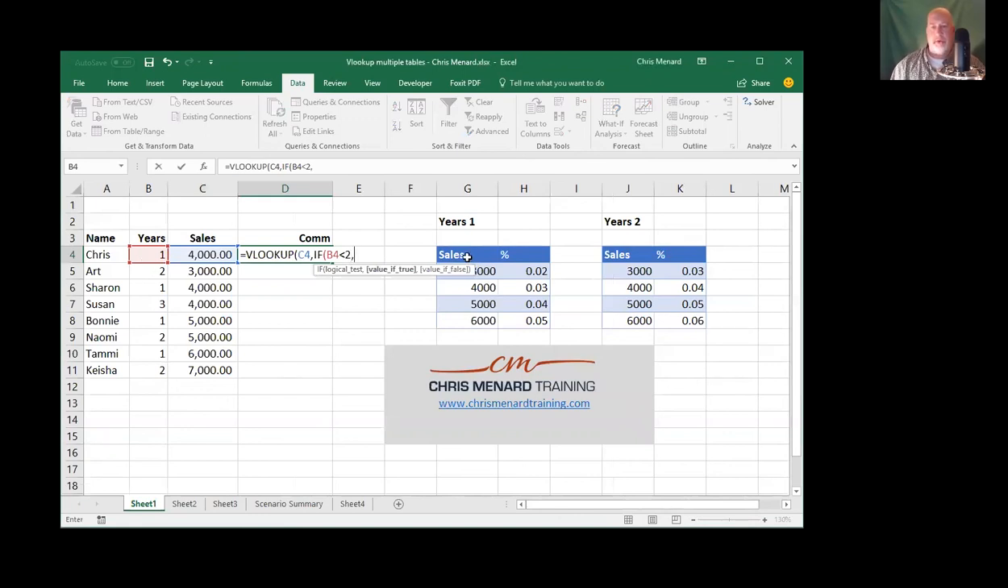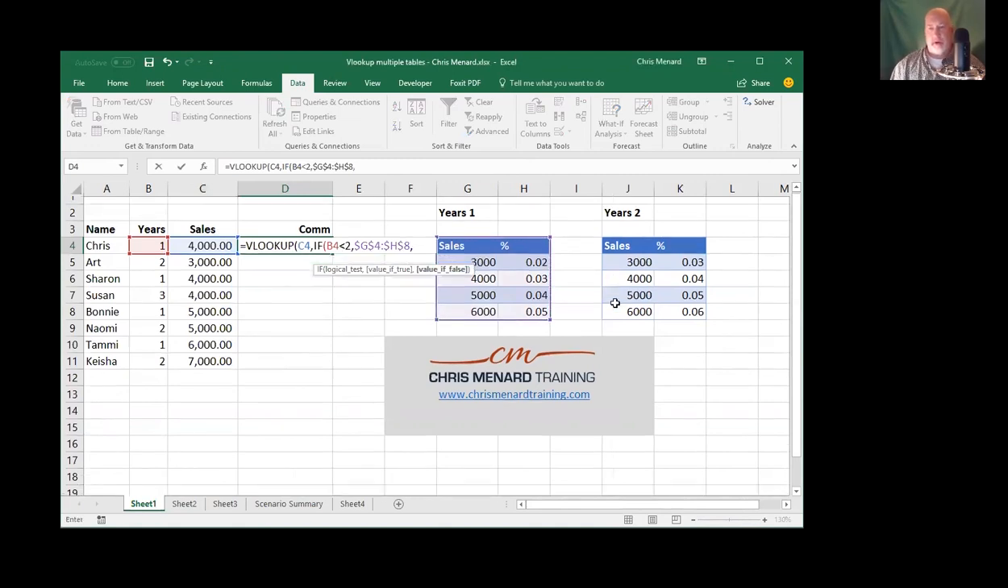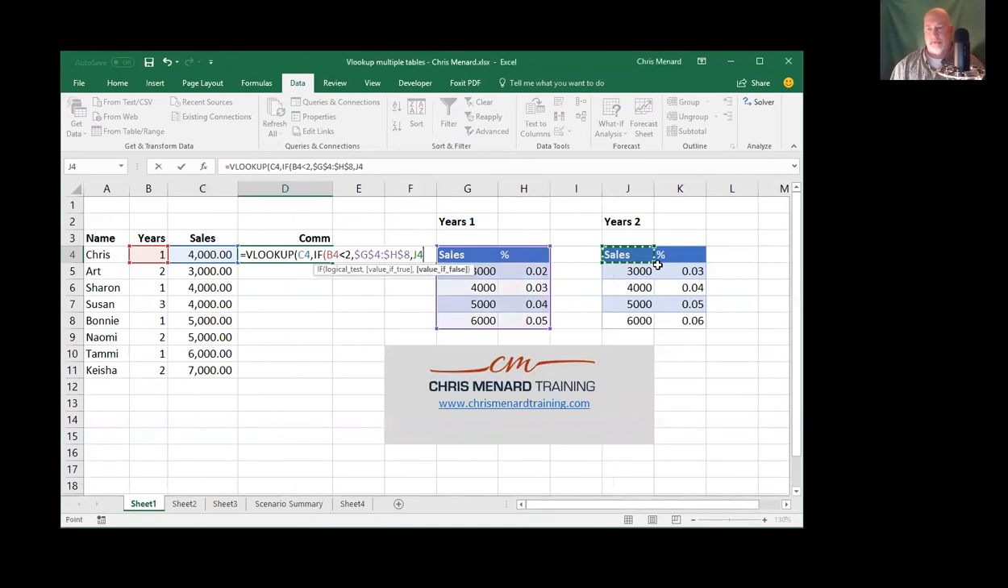what do you want to do? I'm going to take this information right here, and I would absolute reference that one. And notice it says value if true, so that's the true value. Comma, what if it's false? It's going to be this information right here, absolute reference. Close that,